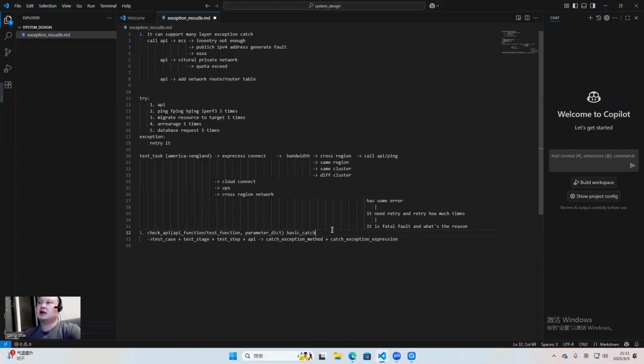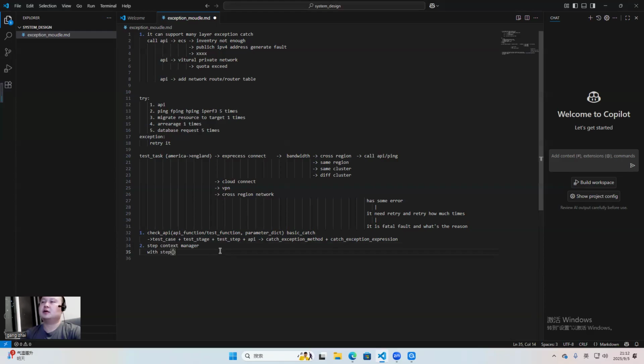There is a basic catch, and on a higher layer, there we should add a step context manager. I think there should be usage like this